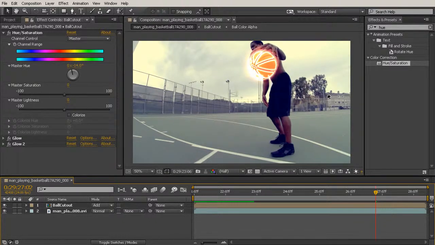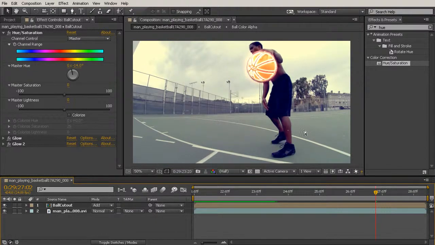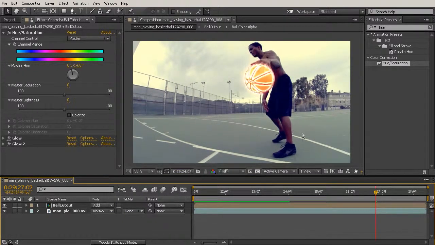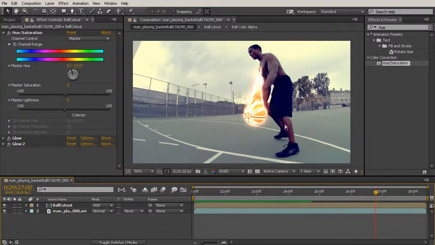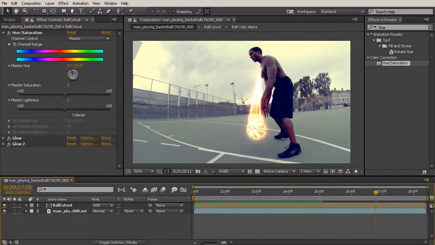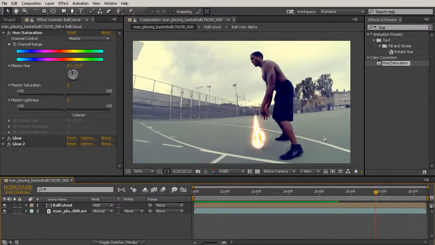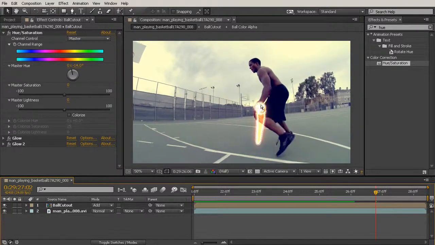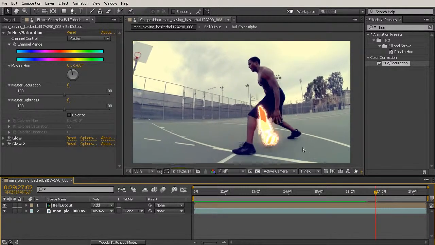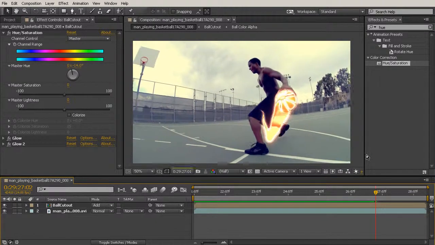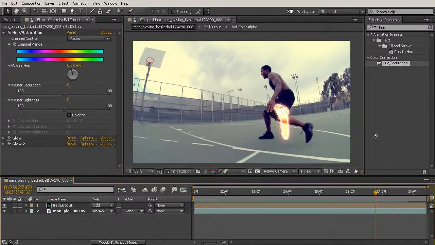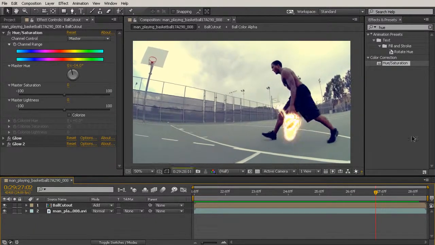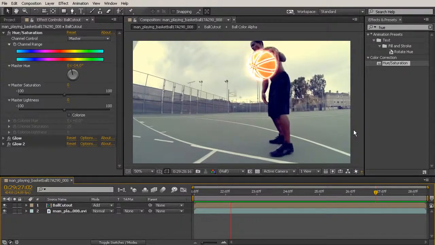But aside from that issue, once we start really seeing this moving around and through his legs and all of that kind of stuff, it really breaks the illusion that the glow is always in front of him, instead of feeling like it actually went through his leg and his leg obscured that. So you'll see what I mean here. Here the ball is behind him, but it appears on top. So that really breaks the illusion that this is actually happening, and that the glow is moving in and around him. So we are going to need to do some rotoscoping to cover up